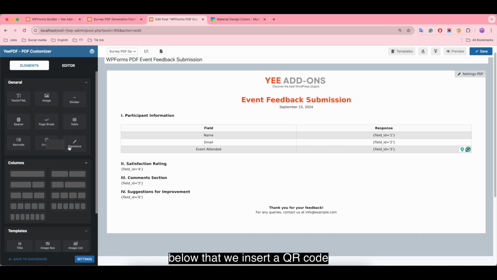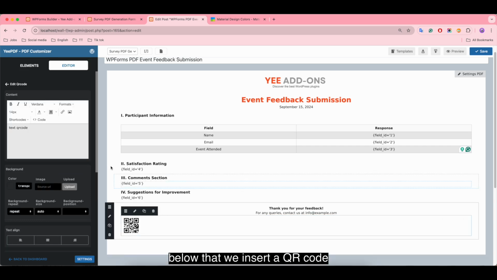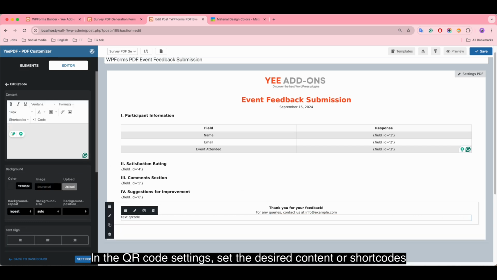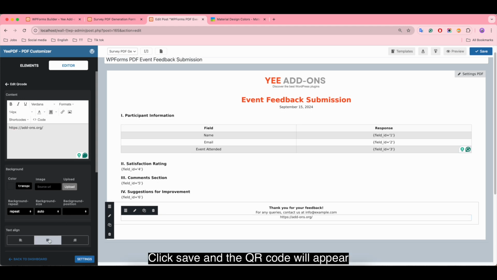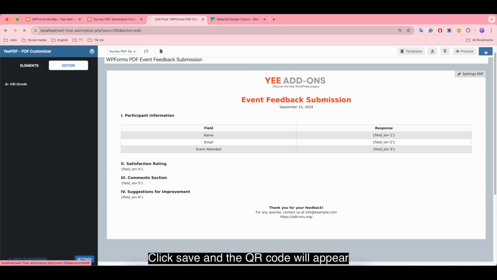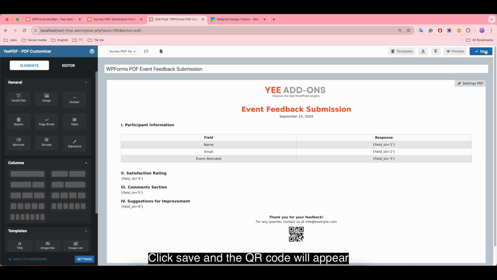Below that, we insert a QR code. In the QR code settings, set the desired content or shortcodes. Click Save and the QR code will appear.